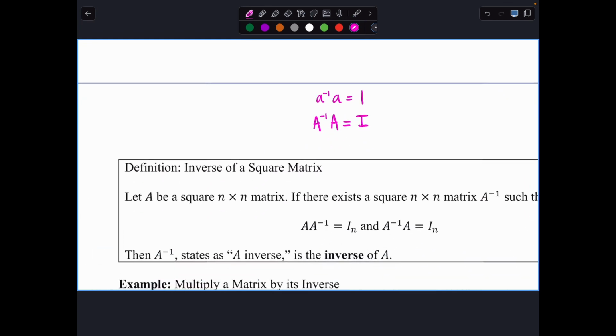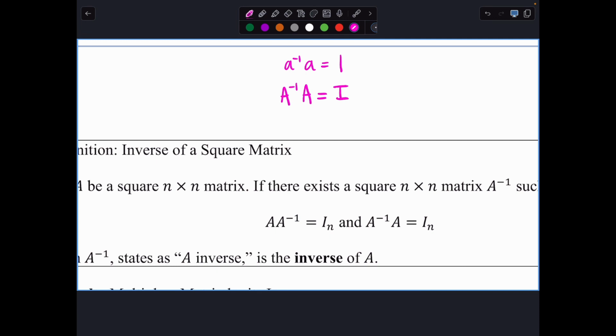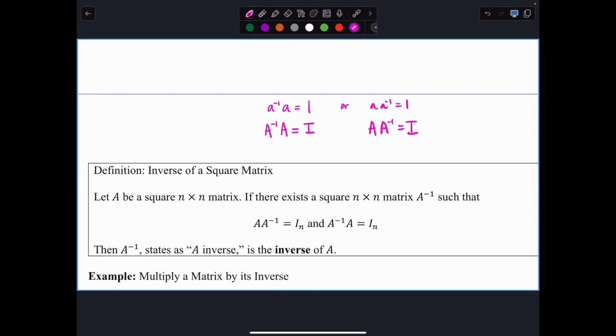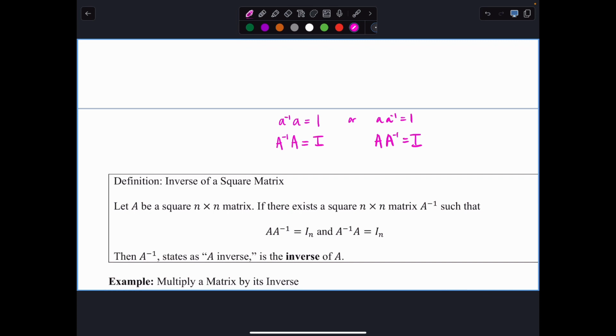And both directions should work. So you should also be able to say A times A to the negative first is equal to I. I wrote it in the opposite order of what it says in my definition. But I thought there was no commutative property of multiplication for matrices. There's not. So this is only true